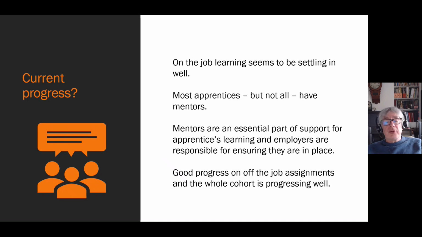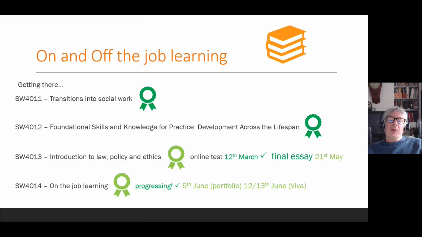We know now, we're 3 years through this course, that apprentices really value that relationship. I wouldn't go so far as to say the apprentice's success depends on it, but it certainly contributes a lot. Assignments seem to be going well, and the whole cohort, that's our basic aim, that everybody progresses, and that's what's happened so far. So you've done transitions, yay, foundational knowledge and skills, yay, and you're kind of getting through